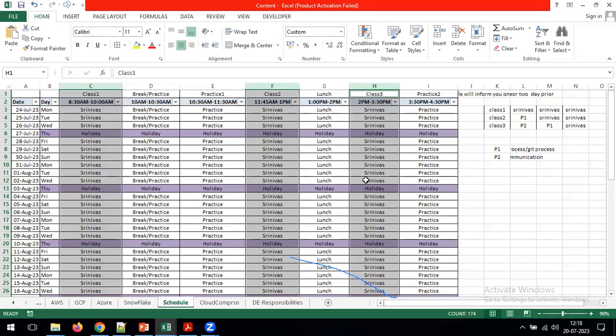In coming days, if I conduct any kind of regular training, it would be every day only 1 hour or 1.5 hour class. So that is the suitable training for you. But at present, I am not conducting any such training. In future, if we conduct any such training, then you can plan for that.